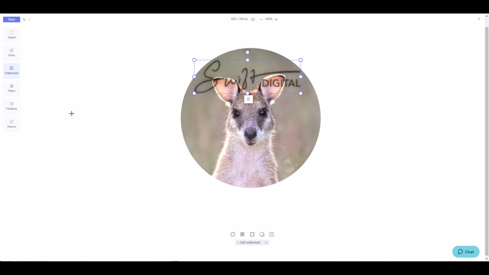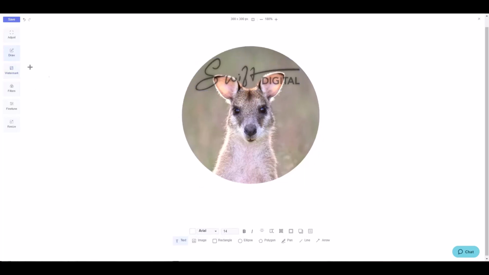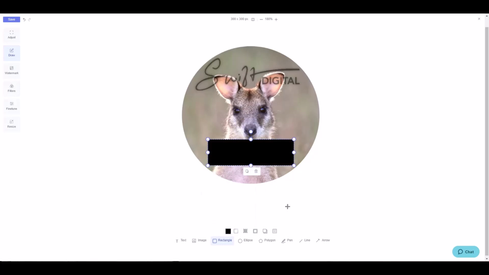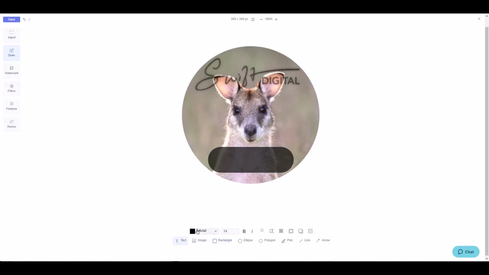The next thing I'm going to do is create our name tag. Heading to the Draw section, the first part of our name tag will be the rectangle that the text sits on top of. I'm going to draw my rectangle and change its color to black. I'm then going to increase the corner radius to give it some soft edges and decrease the opacity. Dragging to reposition a little lower, I'm then going to head to the text area and choose a contrasting color for our text.